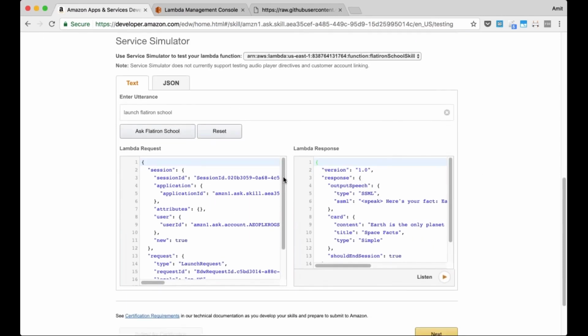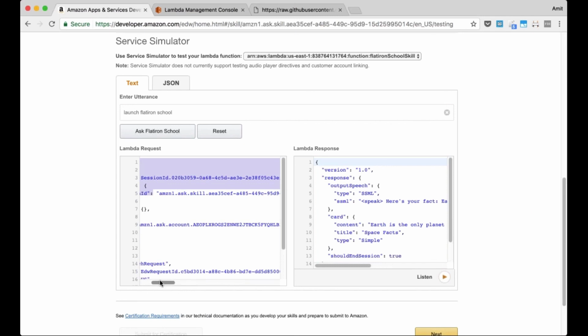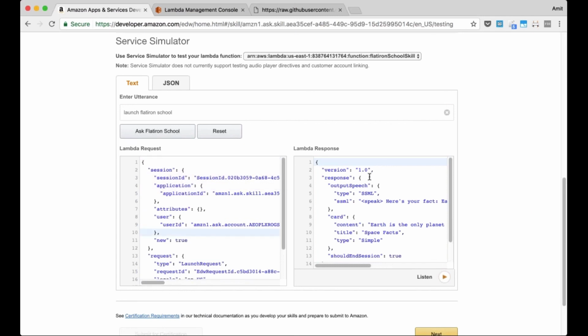And we see something just happened. The first one on the left is a request. This is the JSON request that was sent off to our Lambda function. And then our Lambda function responded with this. If you click on listen, you will hear a fact. Here's your fact. Earth is the only planet not named after a god.